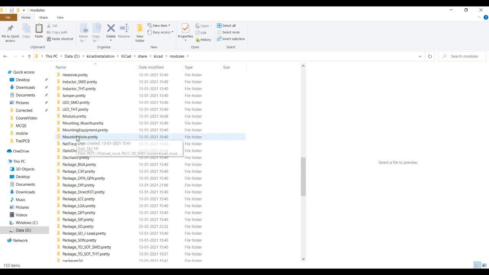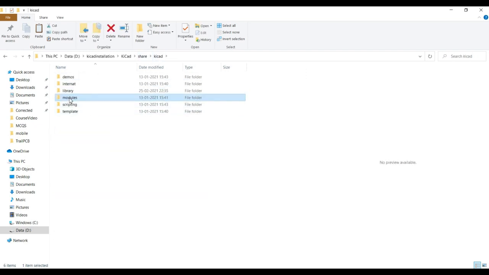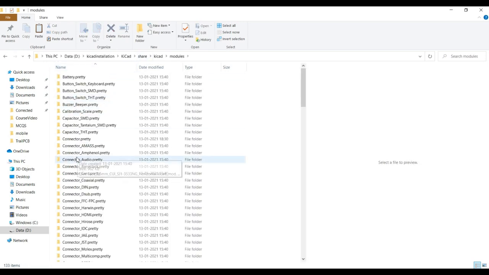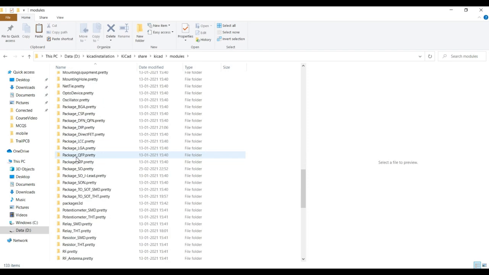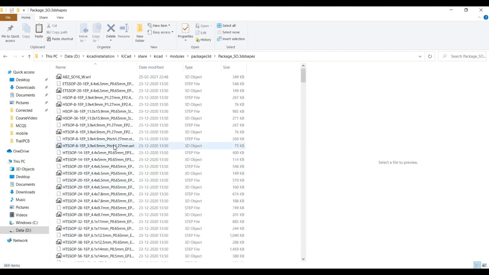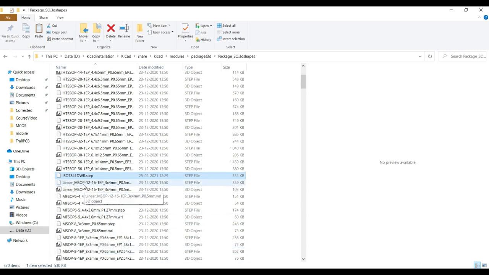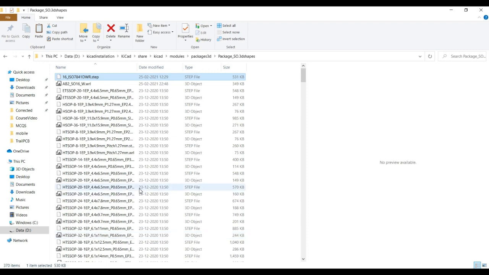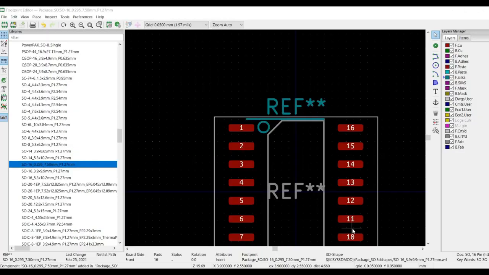Where is my package 3D? Where is it? KiCad module, package 3D. Yes, here is package 3D and package SO 3D, and now I'll paste it here. I pasted it here, it is ISO, so let me insert ISO here. So I'll just type 16, so that it will be listed on top. When I open it, it will come to the top, so I just put 16. So 16 pin, correct? No, maybe make it a little more, so in a pin. Okay, so it will be displayed on top. Let me come here, and then what I'm going